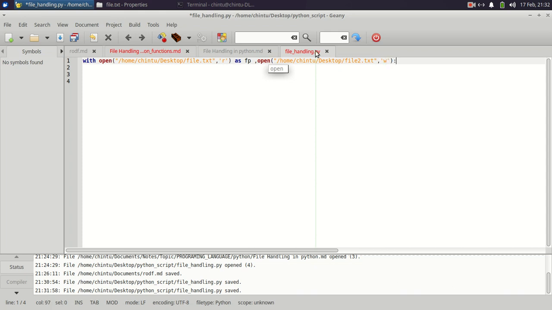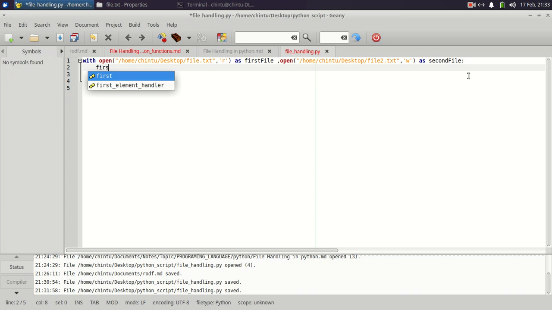We are opening the file using as second file. Here second file is a file pointer to file2.txt, and first file is a file pointer for file.txt.